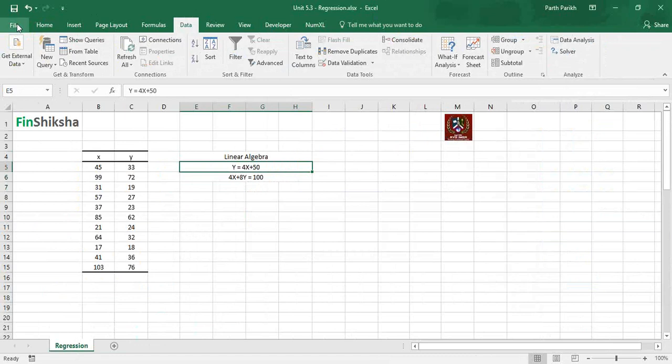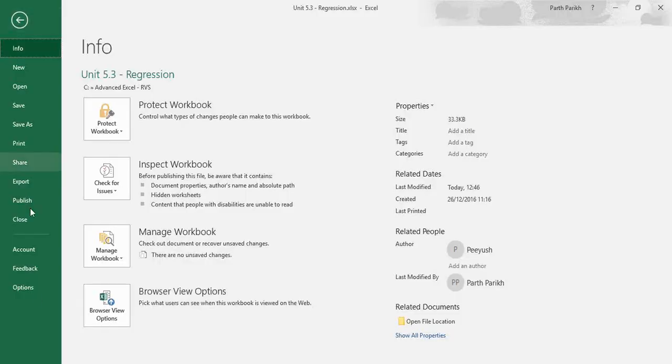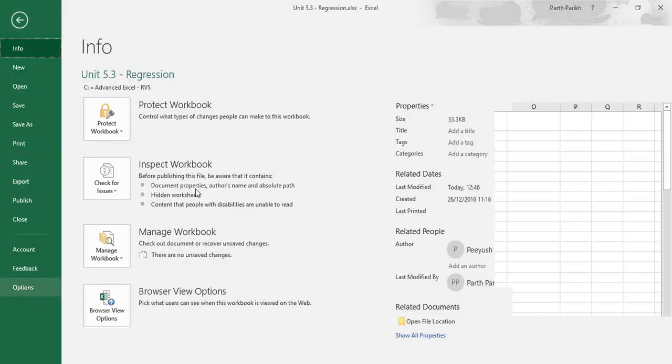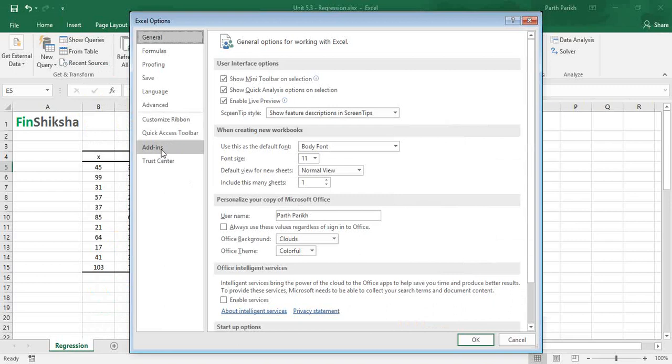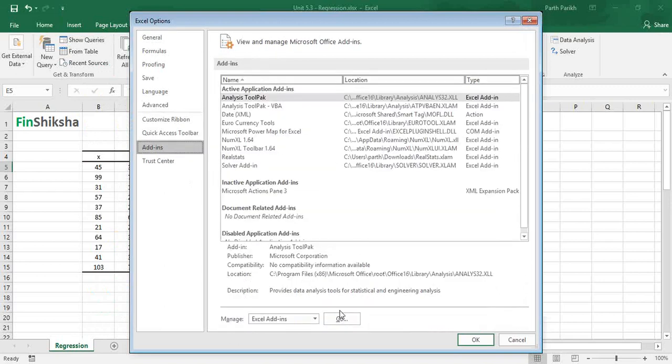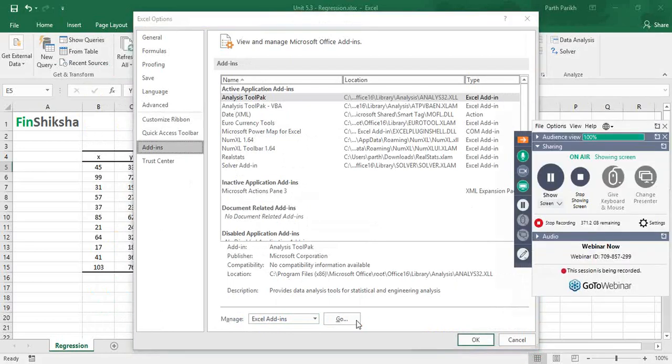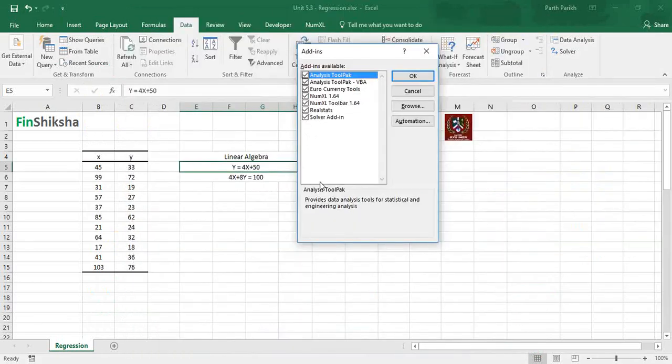You click on file, you click on options, you click on add-ins, and you simply click Excel add-ins over here, and click on go. Once you click on go, you will have a lot of add-ins available.